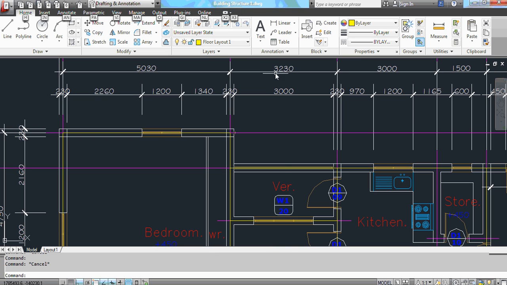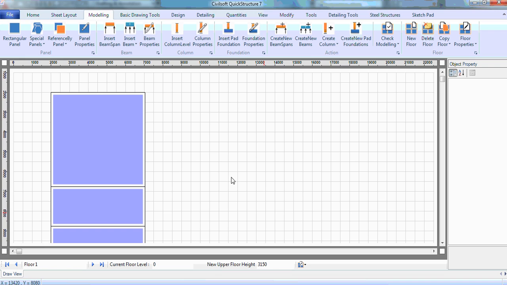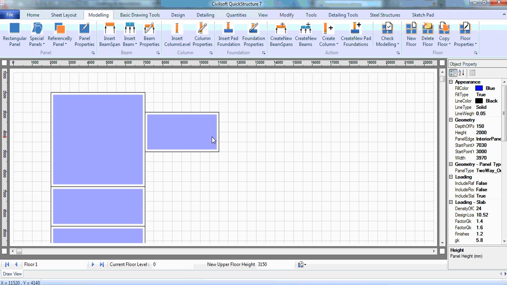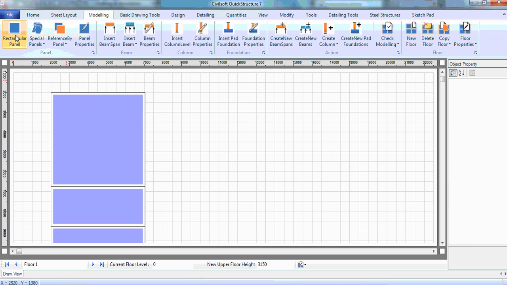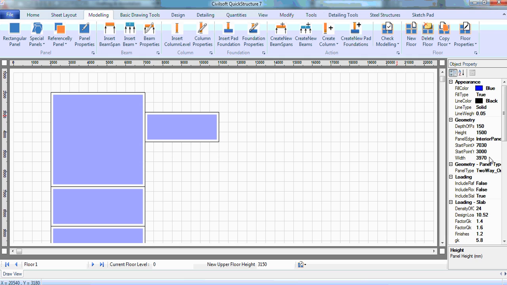The panel's width is 3230 by 1500. So I just go back to the software. If I want, I can put another panel. Quite simple. Make sure it drops at 1000. This is a panel, drop, and then the height is already at 1500. Just change the width to 3230. Alternatively, I can also copy this panel to the right,